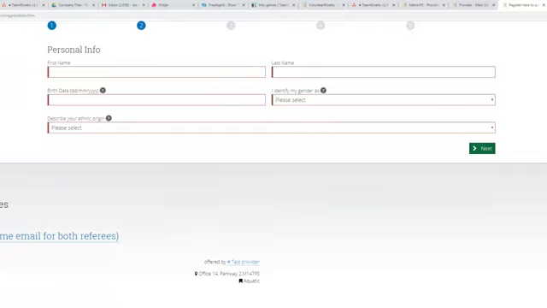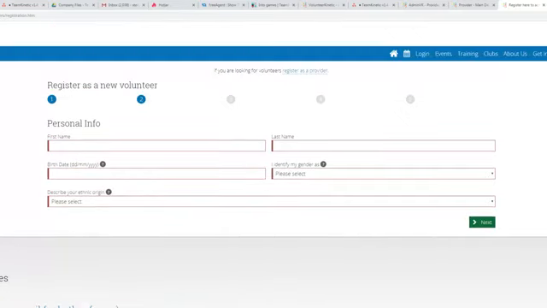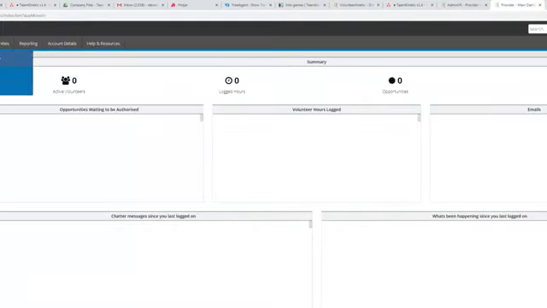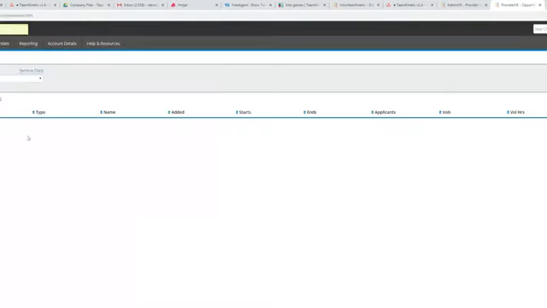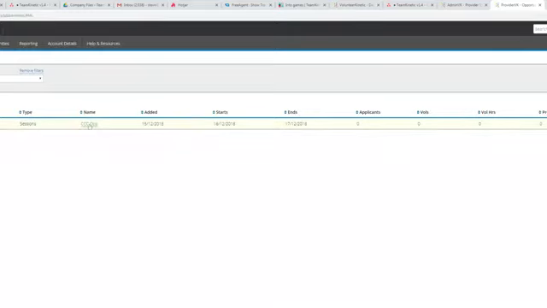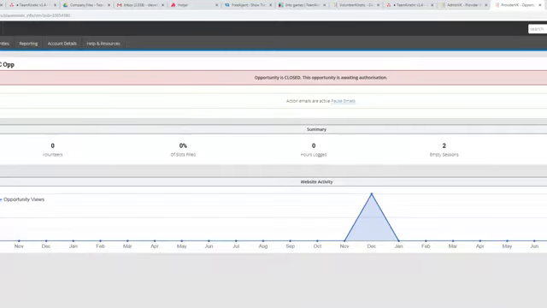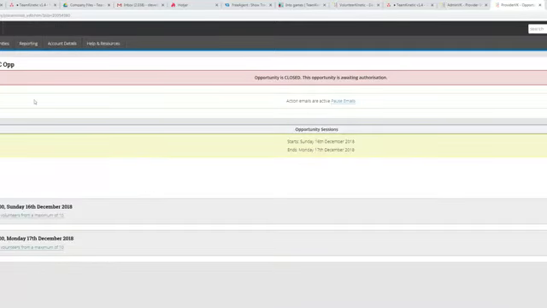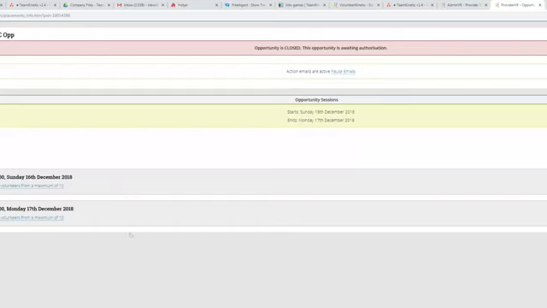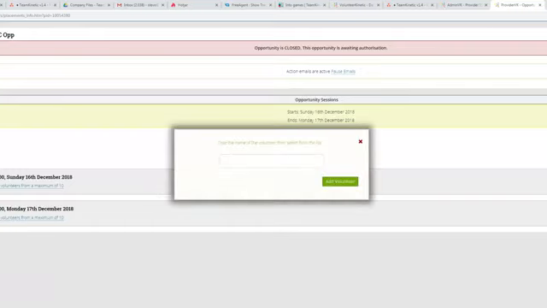The next one is adding a volunteer to a session. Let's go back to our provider here. Have they got any opportunities set up? One opportunity, that's lucky. Let's go into that opportunity. If I go down to the sessions here, there are 2 sessions. Even though these sessions have passed, I can still add volunteers onto them retrospectively.